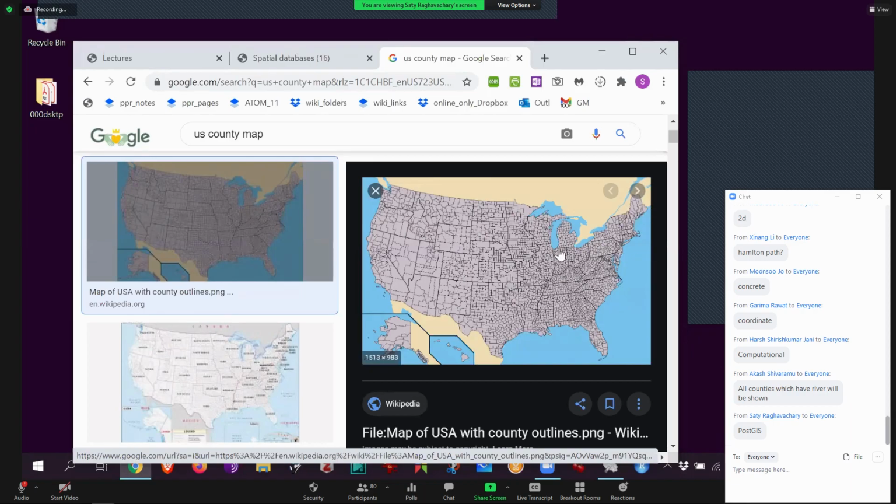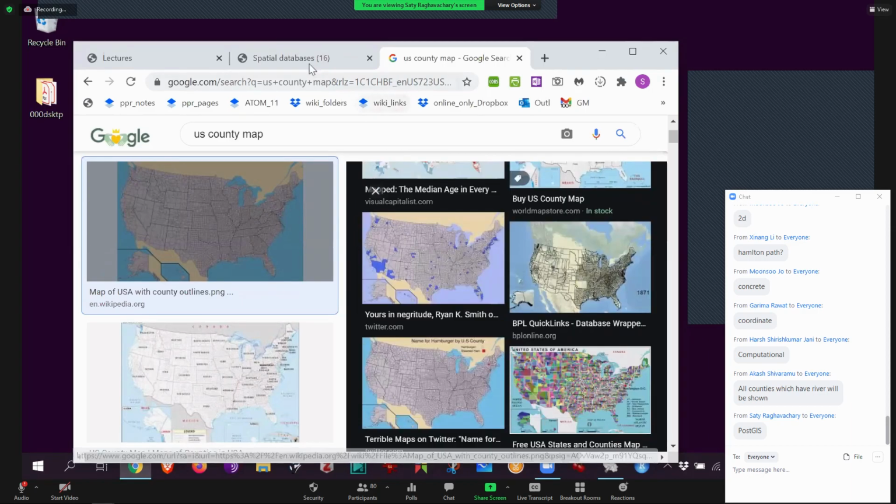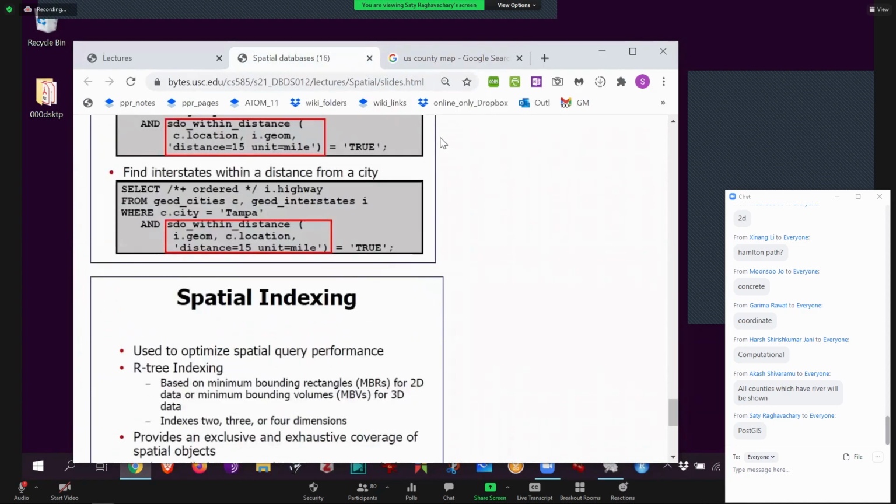Then you take this box, and this probably has 2 more, 3 more boxes. Ask them, where is my point? 2 of them say, no, you're not inside me. This rectangle says, yes, the point is inside. So now you cut down 2/3 of that half. Then you go down this point. So within just a few operations, you can get to where you want. Magical. Okay, so that's all coming here, okay?